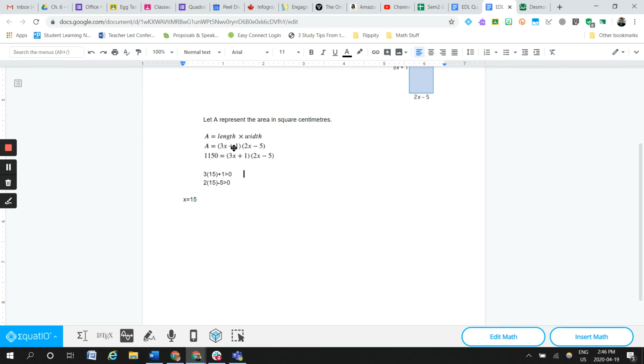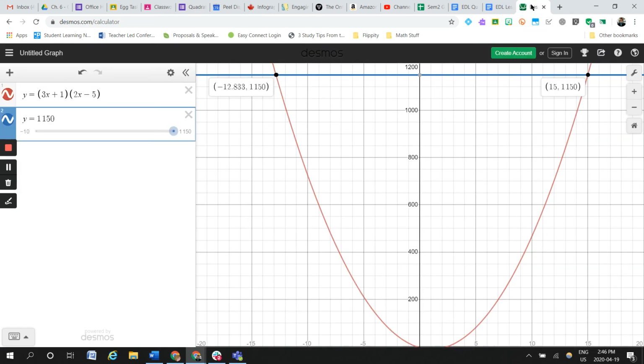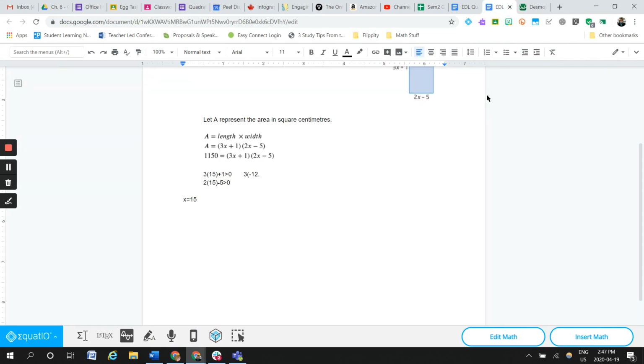Right, we can even just use 1 as an example. So 3 times negative 12.8 plus 1 would be less than 0. So we know right away that x cannot be the negative 12.8, but that it will be x equals 15. So therefore,